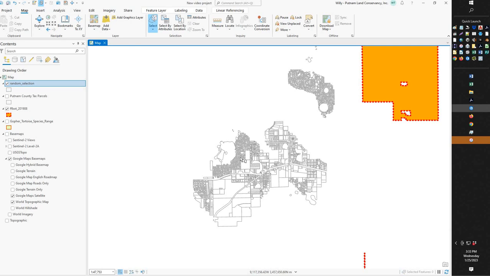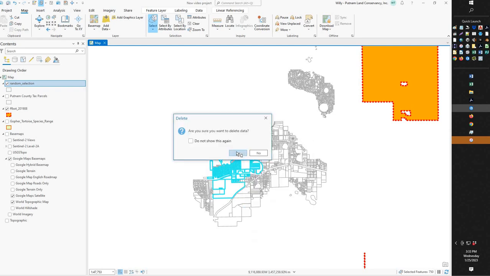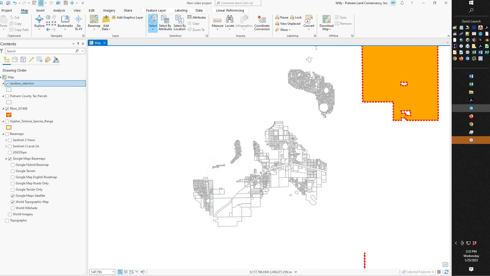Let's see if I can right-click and delete. Yes, right-clicking and delete is going to do the same thing if you're not interested in using the delete key on the keyboard. All right, so now I have this thing. Let's try an advanced selection. Now I'm going to